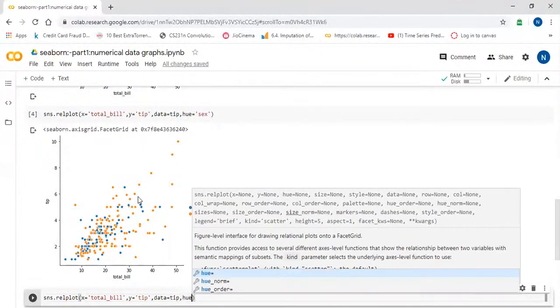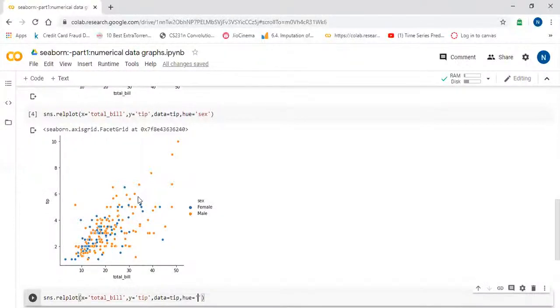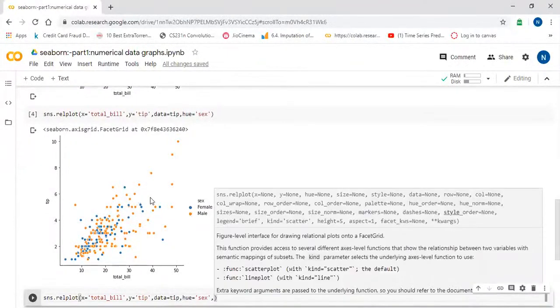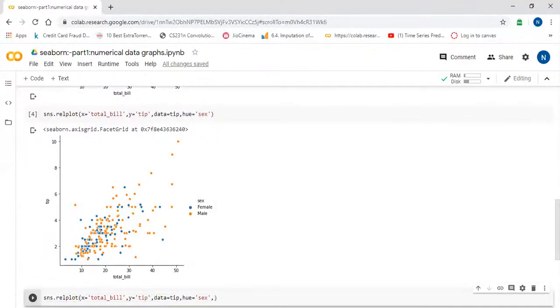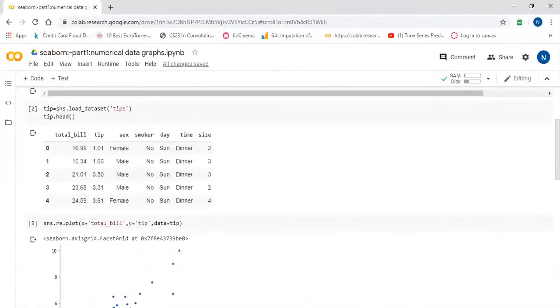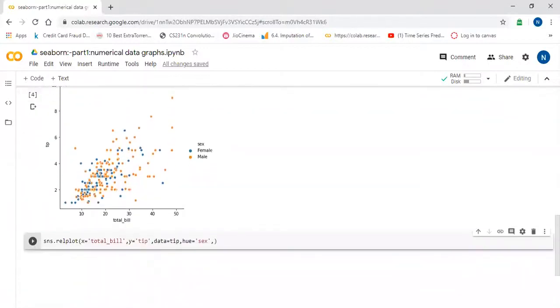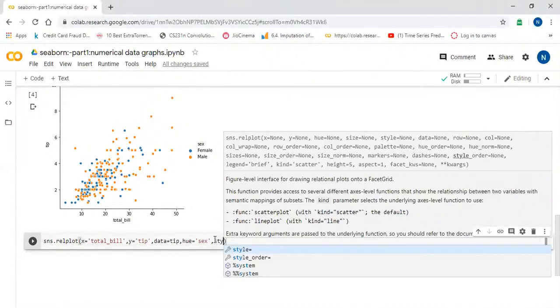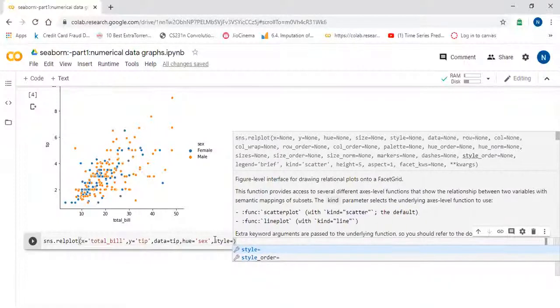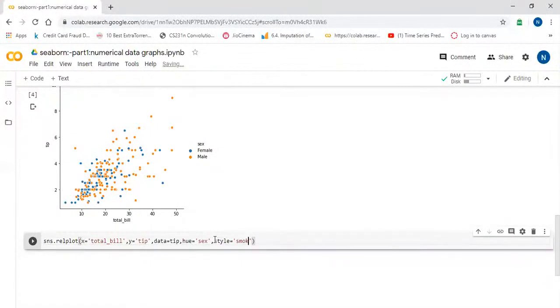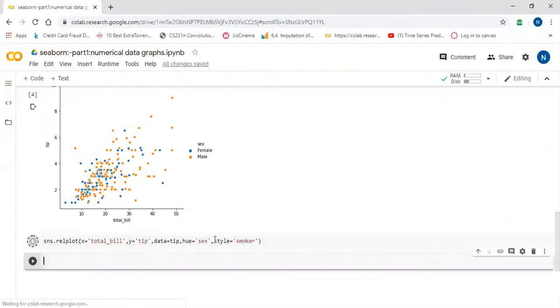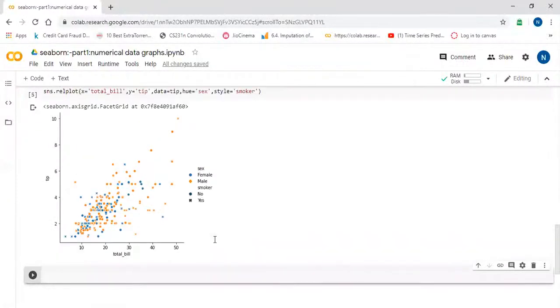I will still say hue equal to sex. And now we want to differentiate the data on the basis of, suppose, smoker. I want to see in this data set how many smokers and non-smokers are present. So I will say style equal to smoker. Now we can divide this data with the help of the sex column and smoker as well.